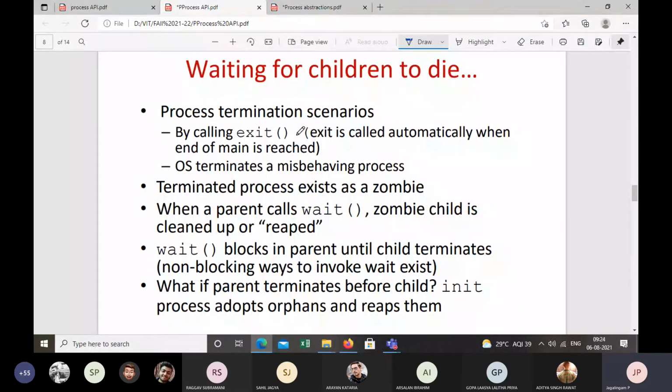To terminate the process, what system call do we use? Exit. Yes, we use exit, right? Good. Now, what are the different ways for the process to get terminated? You have a program, right? A process is nothing but a program. You have code. Now, what are the different ways for the code to terminate?